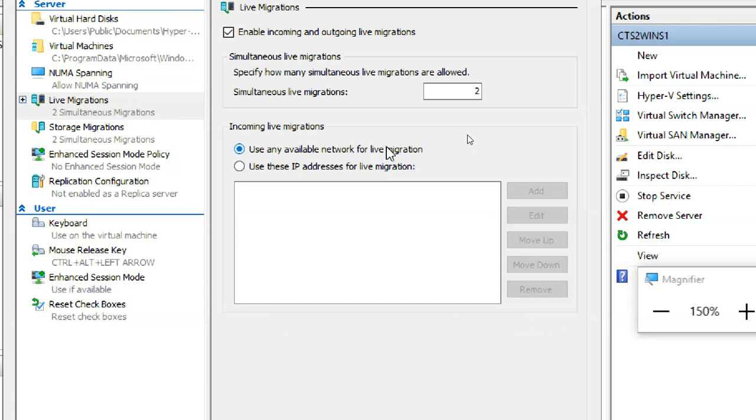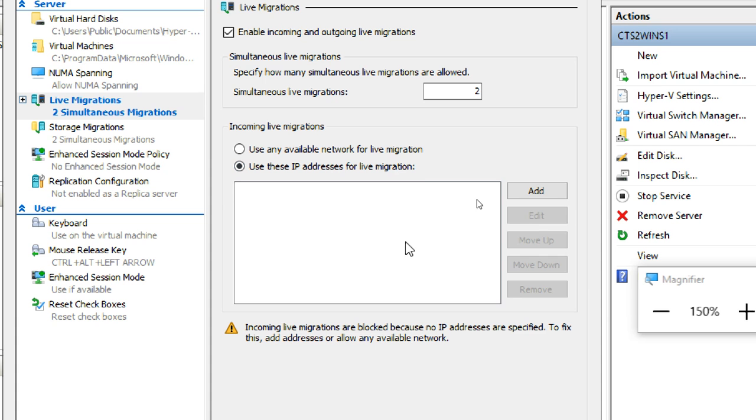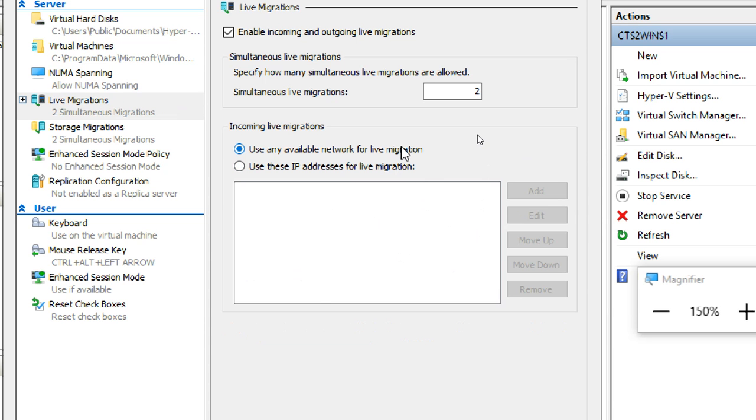I don't trust all the machines, all the servers. I will trust only certain servers only. So I have to add those servers' IP addresses here. If I add the IP address of a server, I will accept any incoming migration coming from it. I will verify with the IP address where I'm getting it from. If it matches, I will accept it, otherwise I don't accept it.